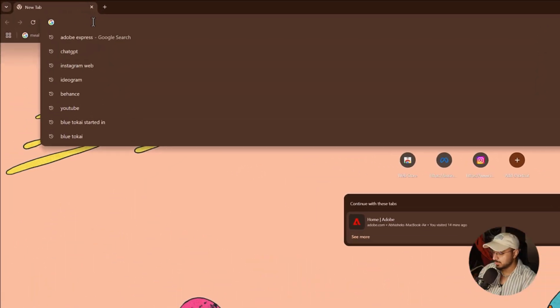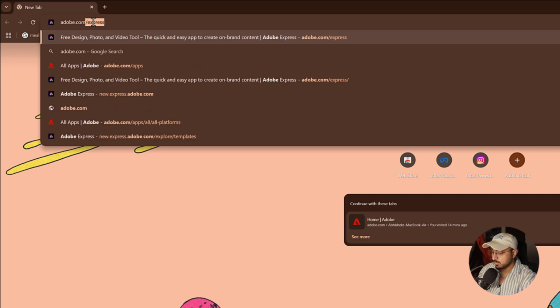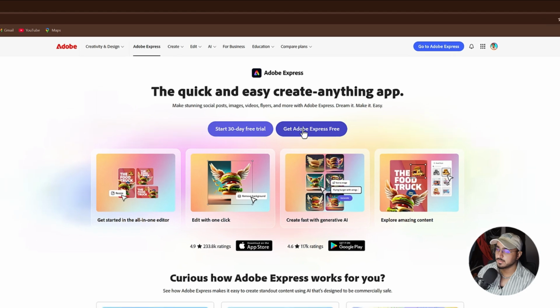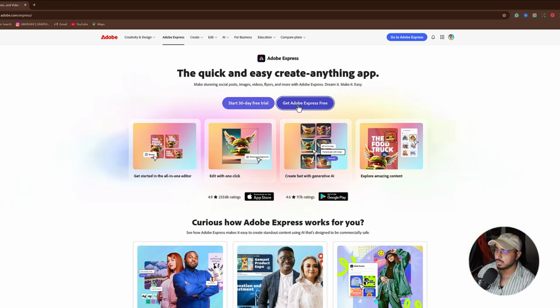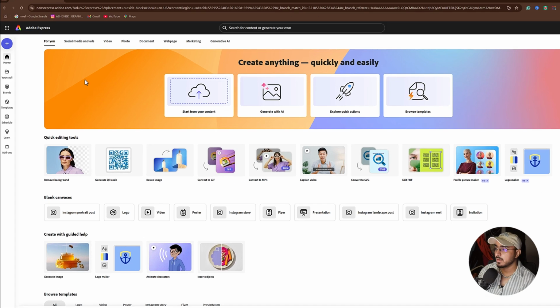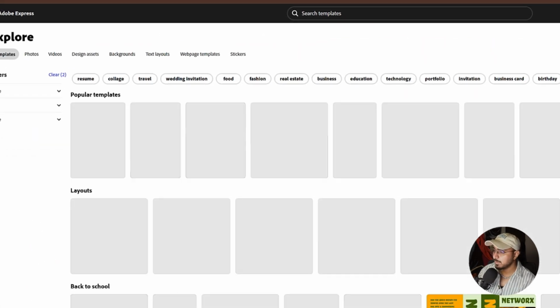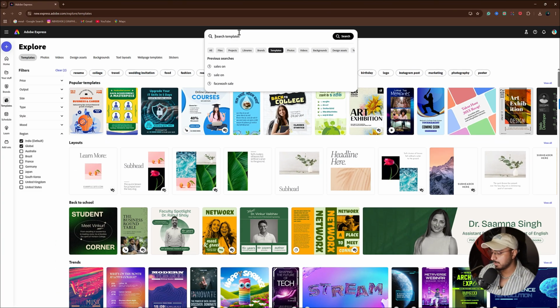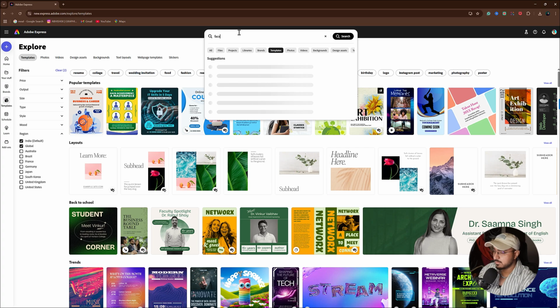Now first search for adobe.com/express and click on the first link and just click here, get Adobe Express for free. And now you need to log in, make sure you're logged in, and then click on templates, and here you can search for different niches. So I will search for face wash